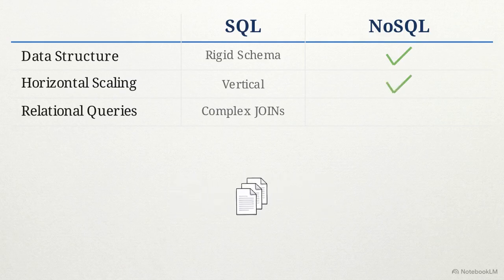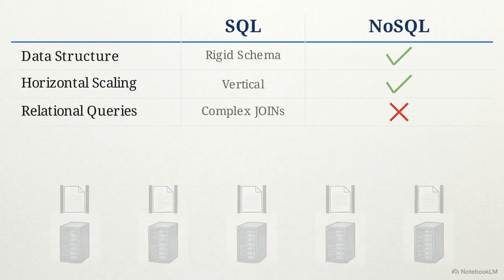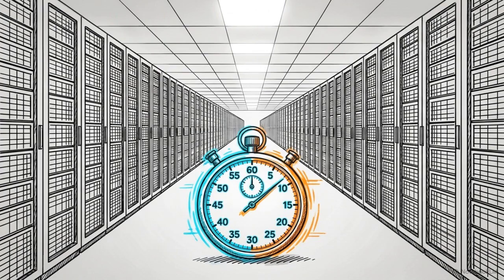This choice allows for frictionless horizontal scaling. We can distribute millions of documents across an array of servers without the bottleneck of a central relational coordinator. The trade-off is that you cannot natively run complex queries across disparate documents. You are limited to simple key-value lookups to retrieve your metadata. In the context of document metadata, the ability to scale horizontally and maintain low latency is more valuable than the ability to run multi-table joins.